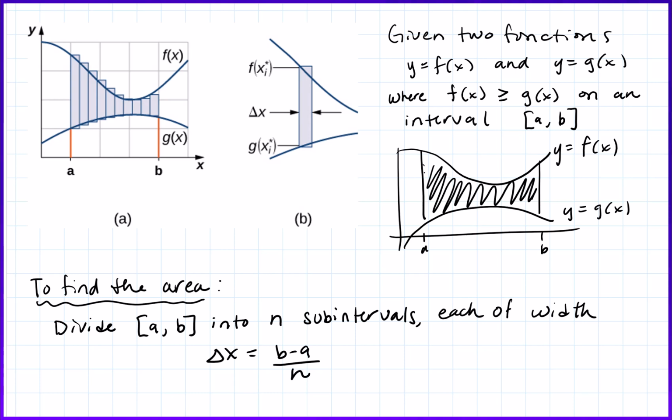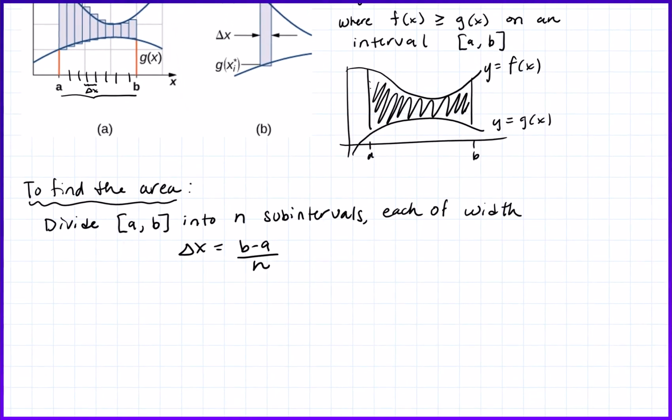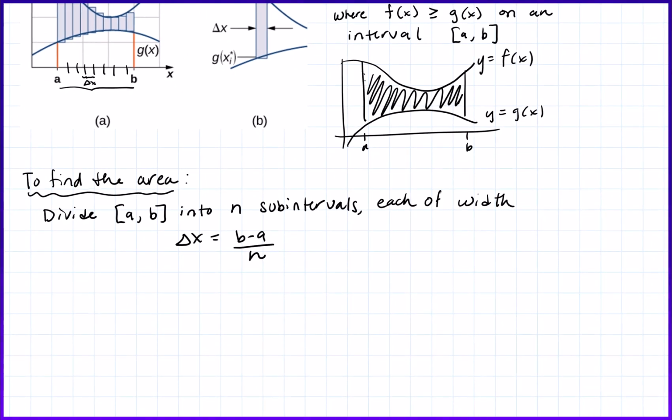And you can see that up in this little picture. We take a to b and divide that up into n little subintervals. Each one of these little subintervals is going to be of width, we'll call it delta x. So we divide that interval up into n subintervals, each of width delta x. Then on each one of those subintervals, call it the ith, generically, the ith interval,